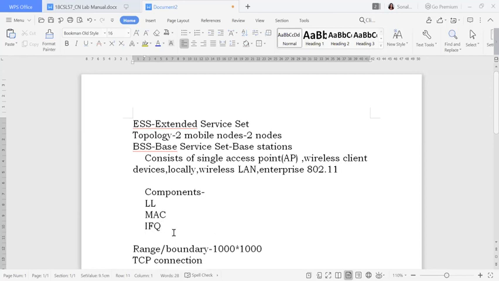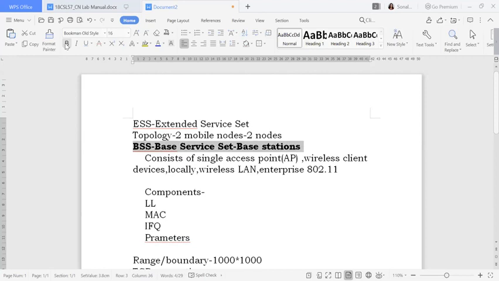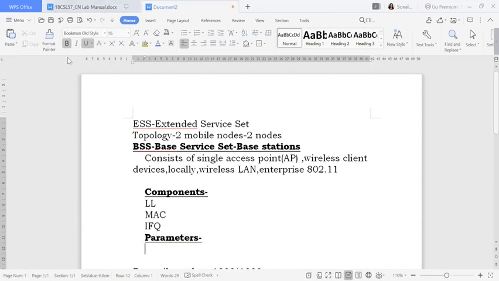Whenever we have this kind of wireless network, we should have the parameters. Now, what all are the parameters? I'll just highlight all this. It should not create any problem to understand. These all are the components, and these all are the parameters I'm going to write. All these parameters are already there in your program, so whenever you see the program, you will understand.